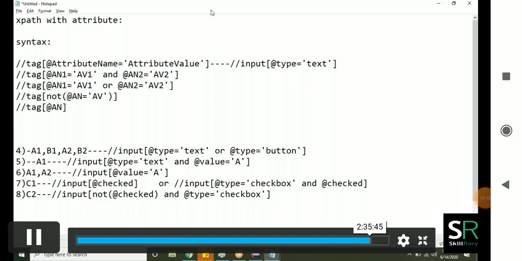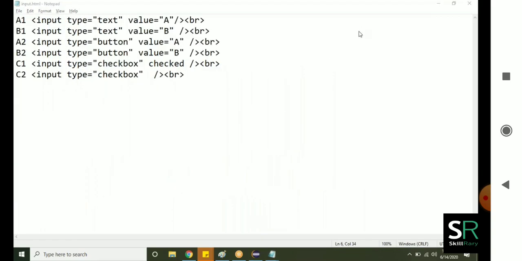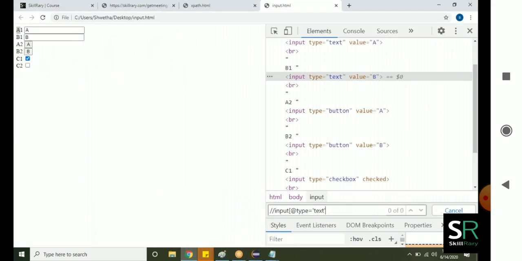What did we do in the fifth question? No, the 6th one. We have used the attribute value equals a. Hey guys, see here, 1 second. Attribute value is different. Value attribute is different. This value is an attribute name, guys. I have taken this intentionally just to show you that. See here, there are 2 attributes in this line, which I have highlighted now in blue color. On the right hand side, it is highlighted in blue color.